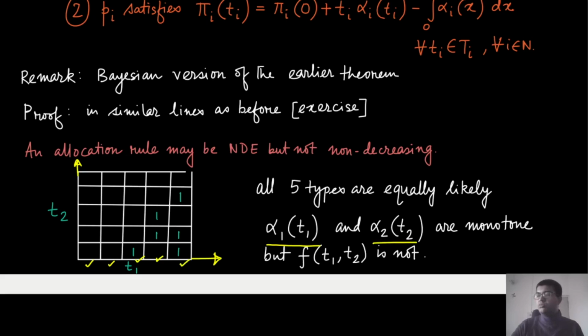For player 2, you see that now we should be counting the blank boxes, that is this 3. So this is 3 by 5 for player 2 winning. Here also it is 3 by 5, here it is 4 by 5, 4 by 5, and finally 1. So here also it is increasing. So even though both these two things, alpha 1 T1 and alpha 2 T2, are monotone non-decreasing in expectation, while if you look at this f of T1 T2, so for player, let's say for